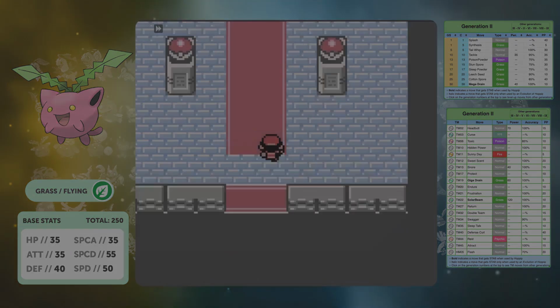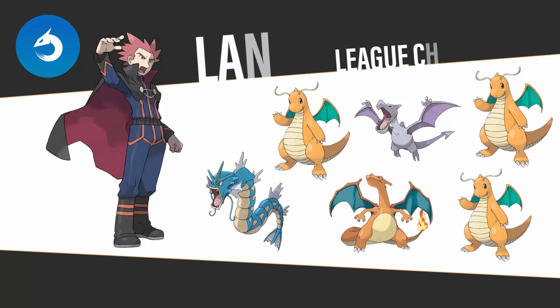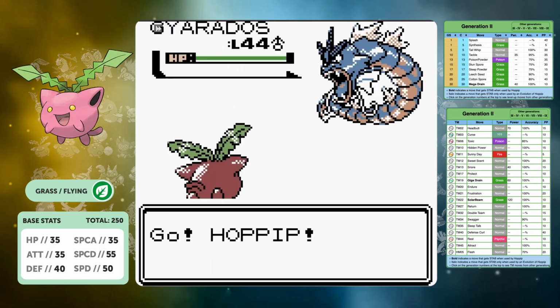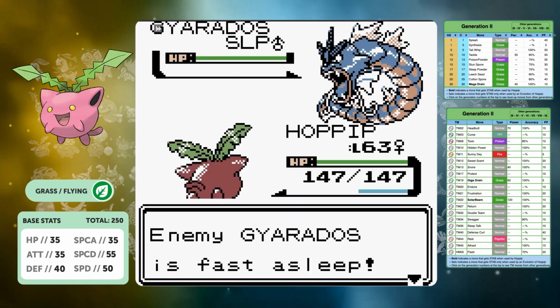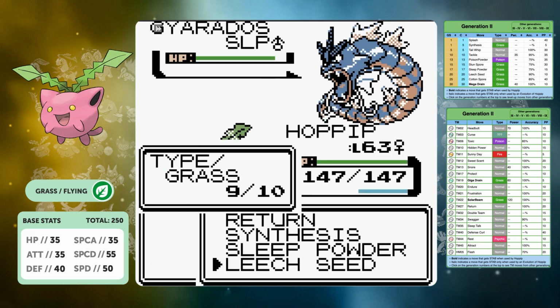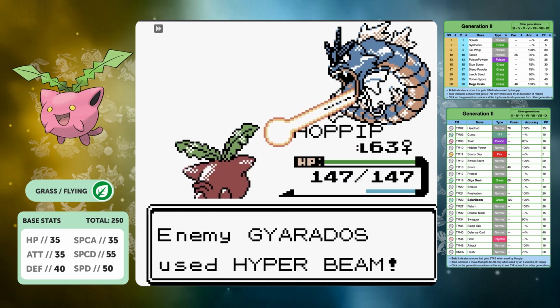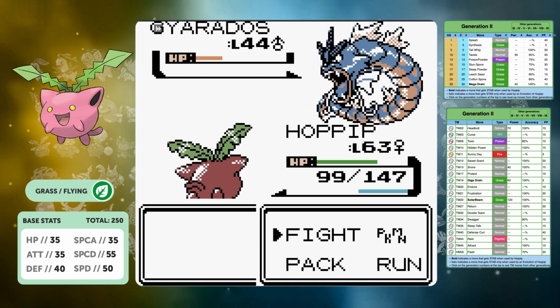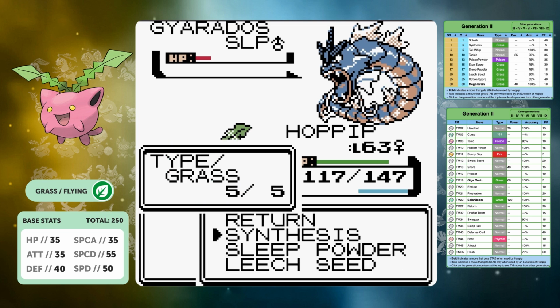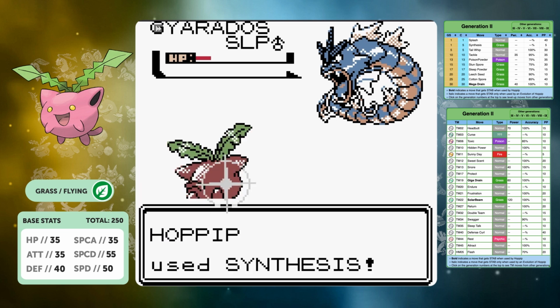That just leaves the last trainer, the champion Lance. Now Lance's team is a threat. He's got very powerful Pokemon, he has got a Charizard of all things, and being a grass flying type, that's not a great scenario for us. His Gyarados, of course, also has Hyper Beam, so we need to try and keep our HP up, keep it asleep so we can go into the next Dragonite and hopefully